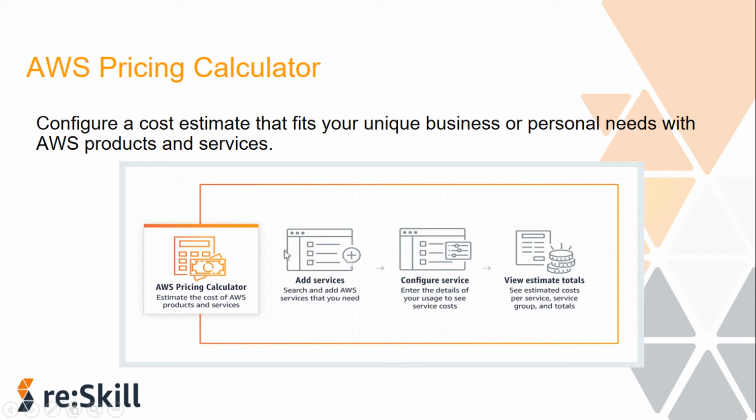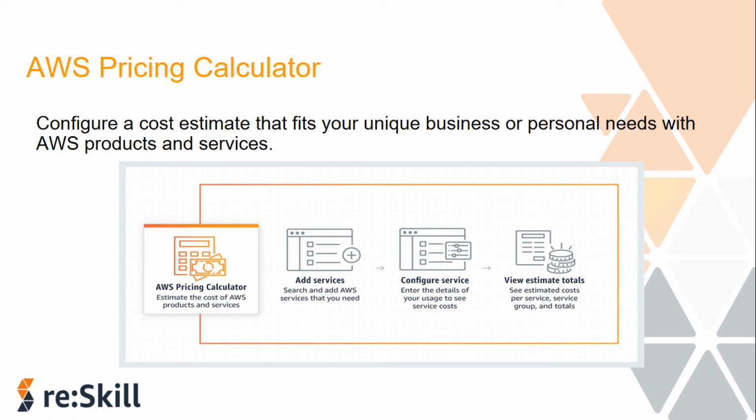What you need to do, I will show you on the console. You just need to enter the services that you might be using and the configurations that you will be doing for them, and then you will get an estimated price for what you might be charged if you do this and that on AWS as you have given in the Pricing Calculator. It won't create any real-time resources. It will just take the configurations and the services that you will be creating, and based on whatever the current pricing is for them, it will give you an estimated total of what you will be charged if you do it like this on AWS.